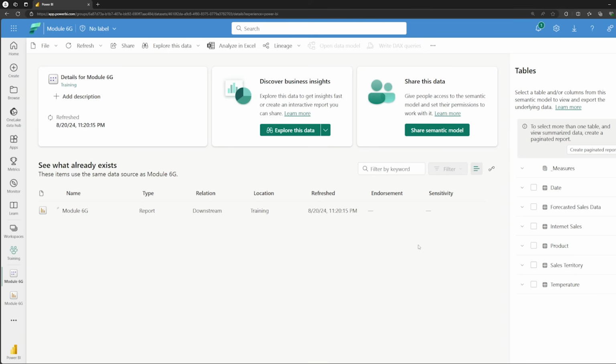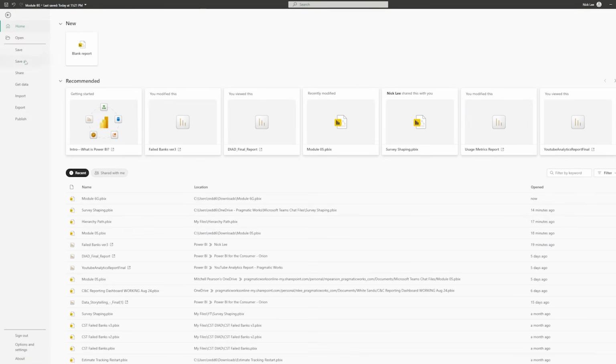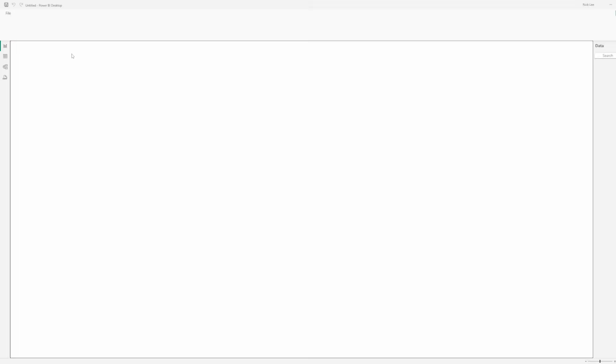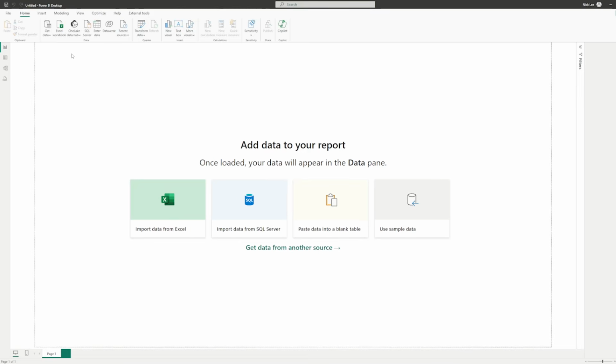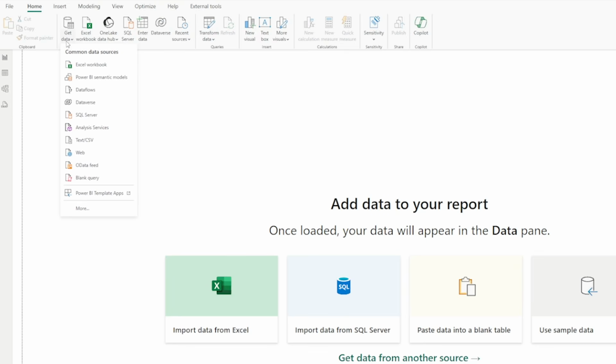So now let's utilize this. If I go back into Power BI and open up a brand new version of Power BI, I'm just going to go to File, New, Blank Report. There it is. I'm going to connect to this semantic model from this new report with no tables in it. As you can see on the right side of the data pane, there are absolutely 0 tables contained within here. So if I go up to the Get Data button and choose Power BI Semantic Models,